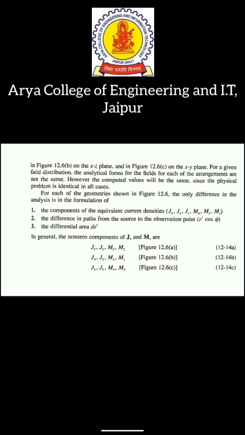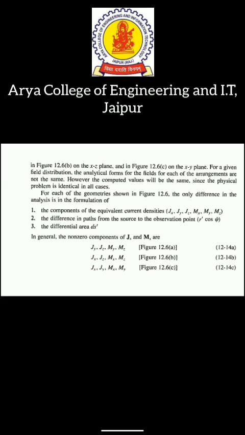The difference in paths from the sources to the observation points is obviously going to be different, which is r dash cos psi. Now the differential areas ds dash for each of the radiations, for each of the beam solid angles at the observation point, we are talking about that area for the beam cone solid angle. In general, the non-zero components of Js and Ms are Jy, Jz, My, Mz for figure A,